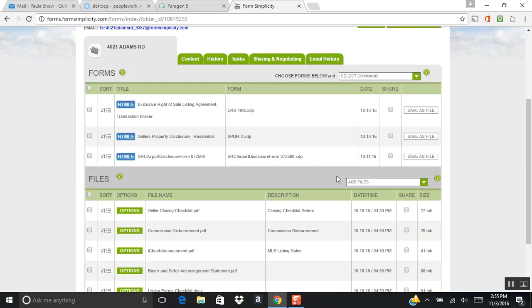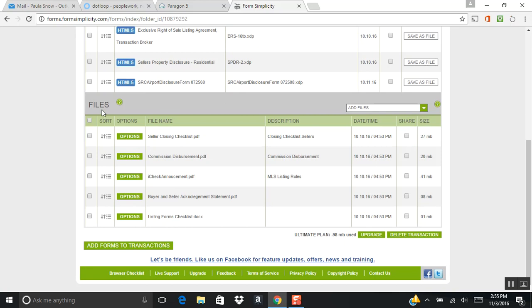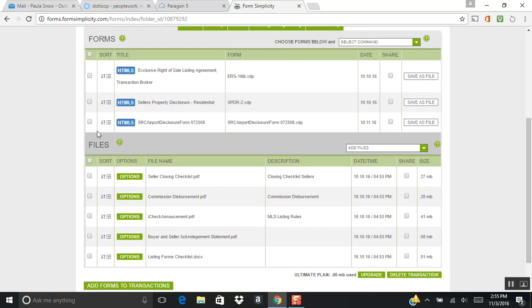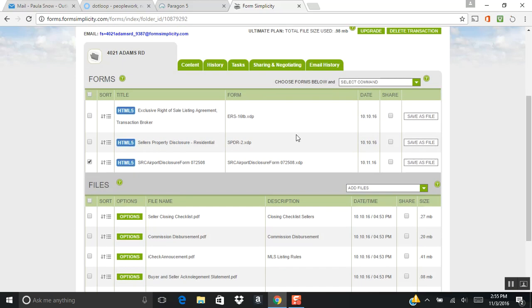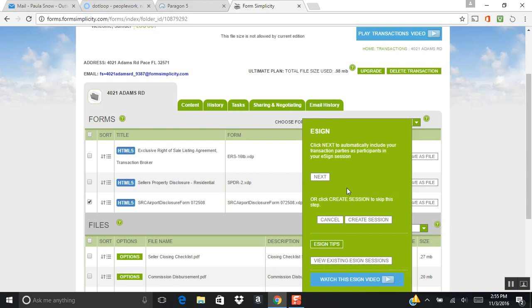Okay, there we go. So any forms that you upload are going to show up in the bottom portion in the file section down here. Oh, you know what? That did not upload for whatever reason. Okay. Plan B, let me show you another way to do it. So we want to initiate the e-sign. So I've checked off one form, and I know once I get into e-sign,